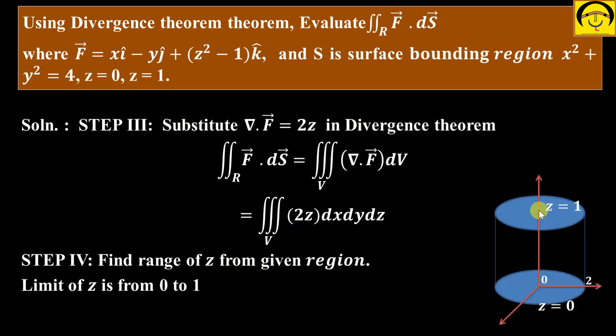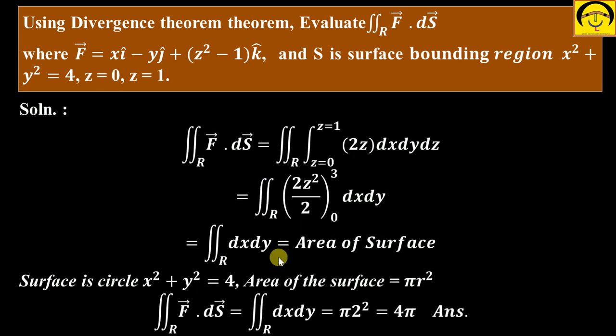0 to 1 हमने सब्सटीट्यूट कर दिया, आप फिगर से भी देख सकते हो z इज इक्वल टू 0 to 1 वेरी कर रही है। ये x स्क्वायर प्लस y स्क्वायर इज इक्वल टू 2 स्क्वायर है, सर्कल, और z इज वेरी फ्रॉम 0 to 1, ठीक है। सो z इज इक्वल टू 0 to 1 पहले इसमें सब्सटीट्यूट कर देता ताकि ट्रिपल इंटीग्रल डबल इंटीग्रल में चेंज हो जाए, 3 वेरिएबल 2 वेरिएबल में चेंज हो जाए। तो आपने जब इसको सब्सटीट्यूट किया 0 to 1, तो यहाँ पे आ जाएगा आपके पास 2 z स्क्वायर बाई 2,